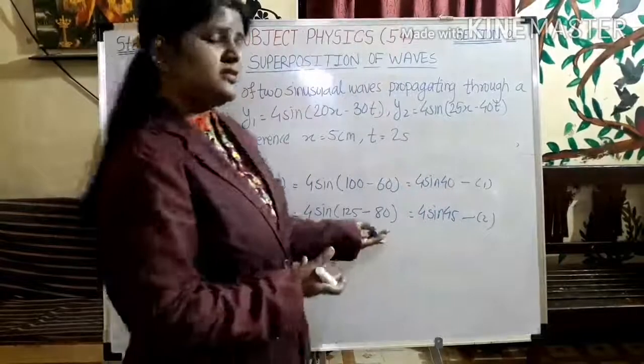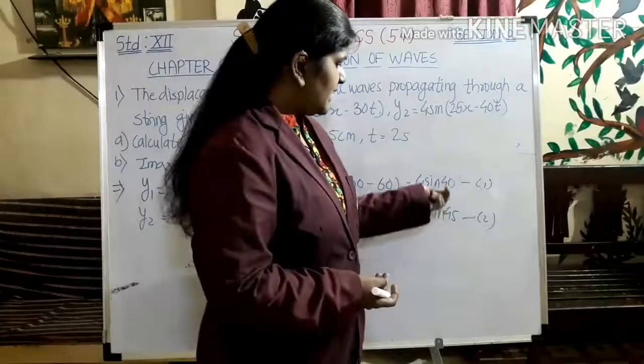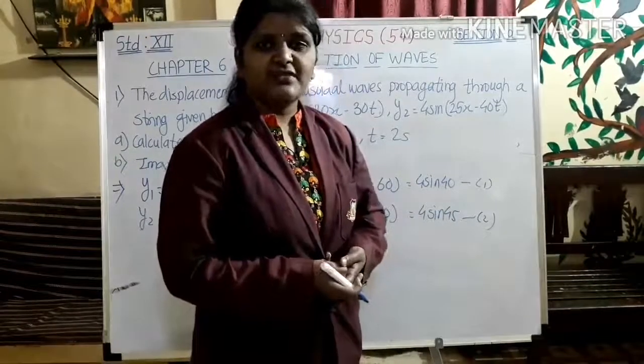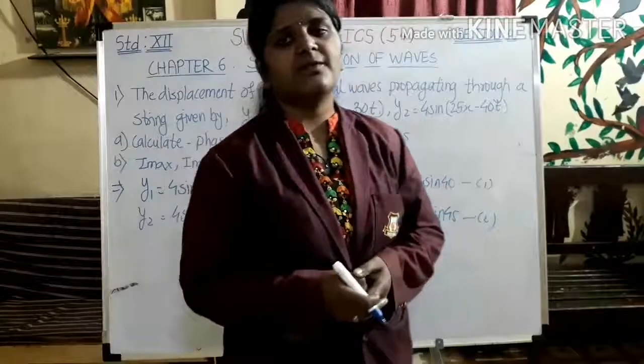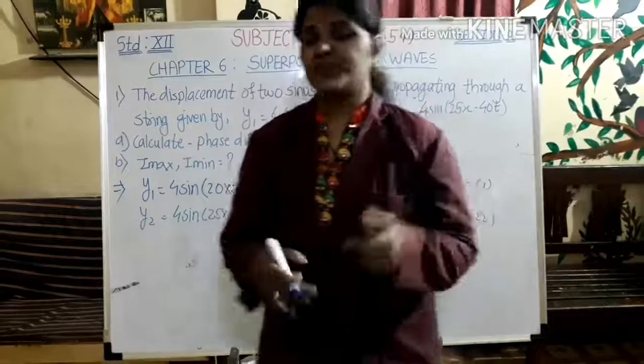So directly you can find out the phase difference. What will be the phase difference? By how much phase they got changed? By 5. By 5 radian they got changed. So phase difference will be pi, and it is nothing but 5 radian. Okay. So let's move towards the next.